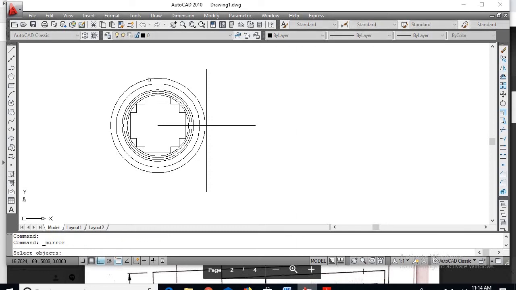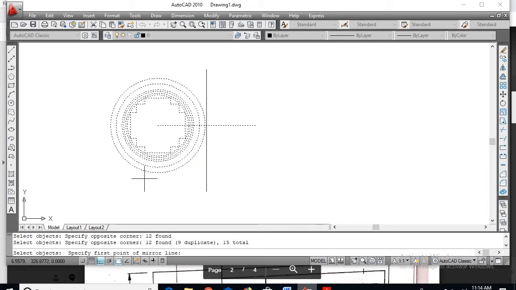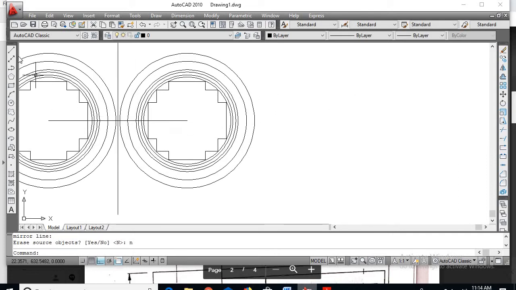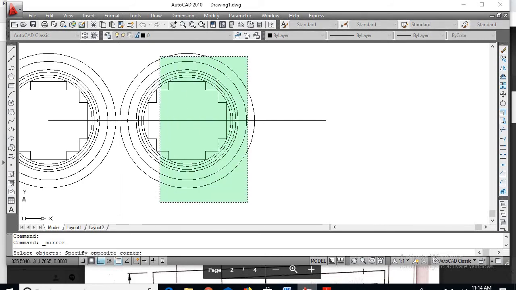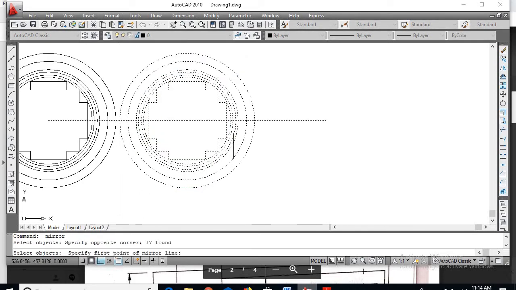Go for mirror, select this whole diagram, enter, take the first point of the mirror and second point of the mirror here, say no, enter. Next again extend this line, center to center it is 350 mm. Again go for mirror, select the whole diagram, enter, so take the midpoint, so say no, enter.